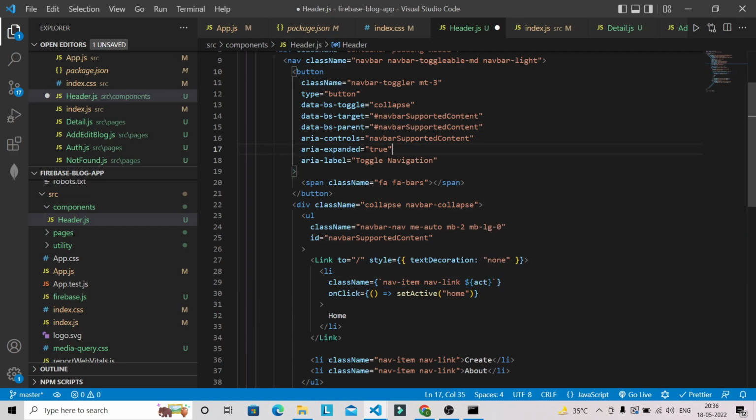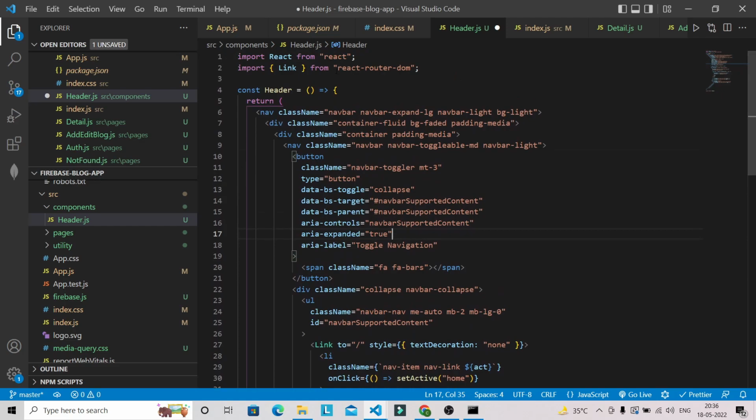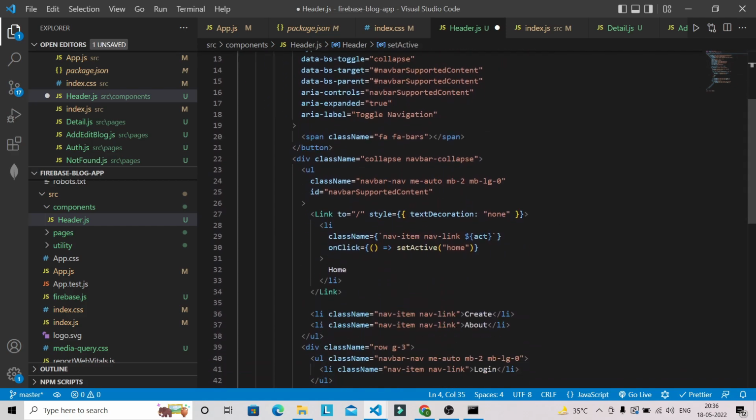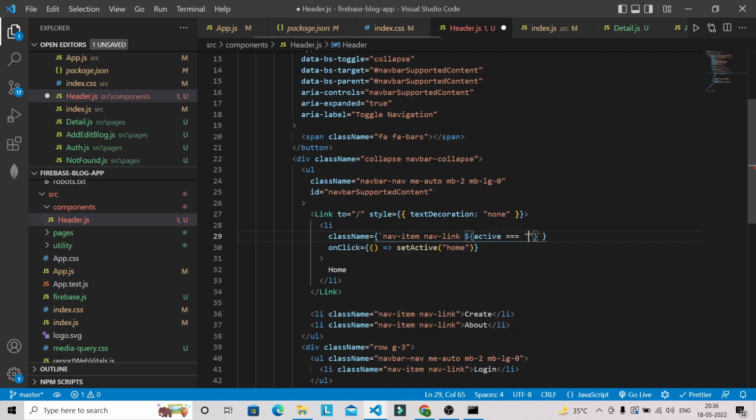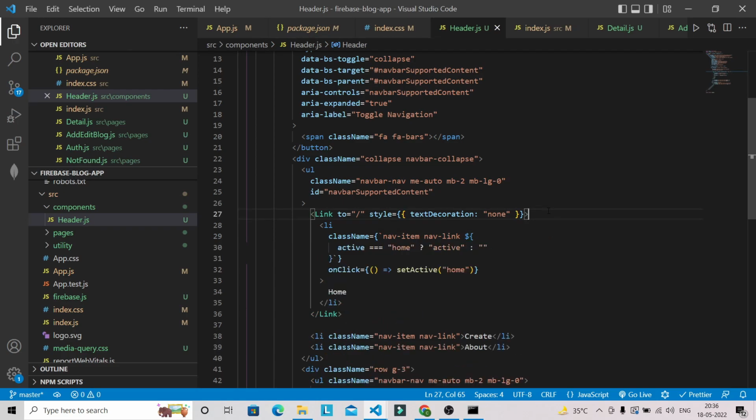So we haven't brought, I guess, active and set active here. So let's bring that active and set active. Now here we have to check if active is equal to home, then we have to use the active class name. Basically I am appending the active class name over here, else it will be empty. Let's format this one,